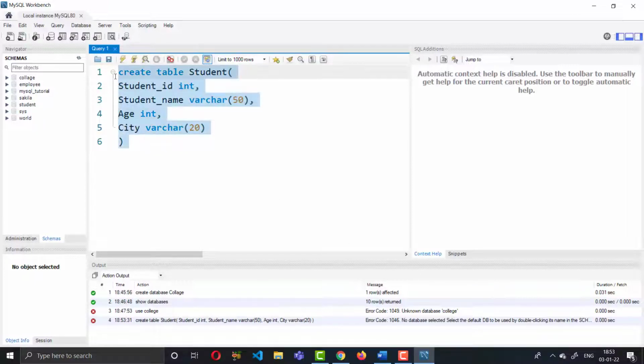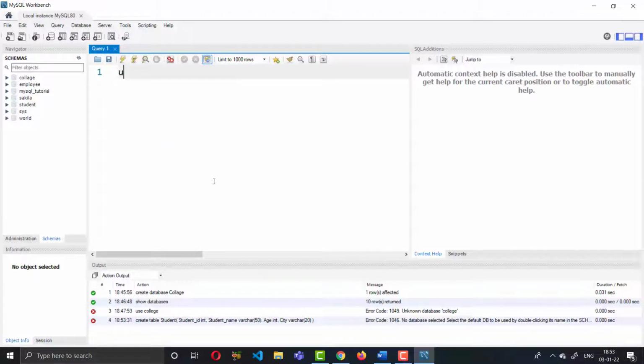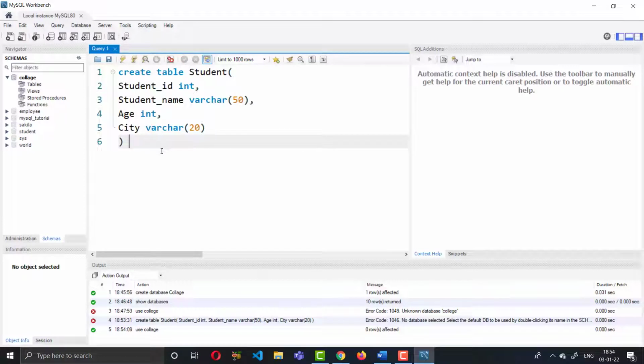Okay, so use the command use college. Okay, so now we have selected the college database and pasted all the previous code here.